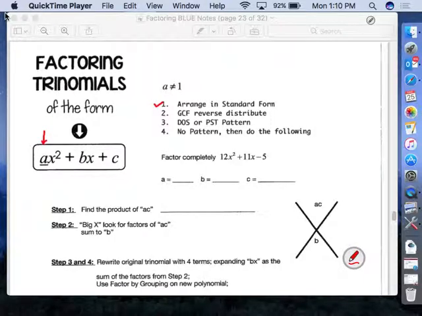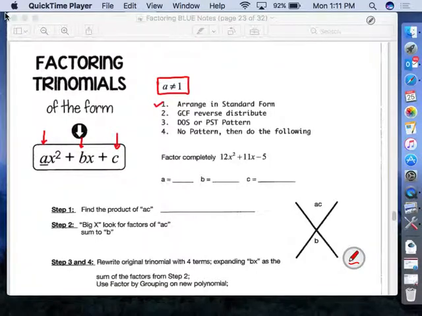A is the coefficient on the squared term or the quadratic term. B is the coefficient on the linear term or the term of degree 1. And C would be the term without a variable. That's step number 1. And I've got notes here that say the examples presented in the video are examples where